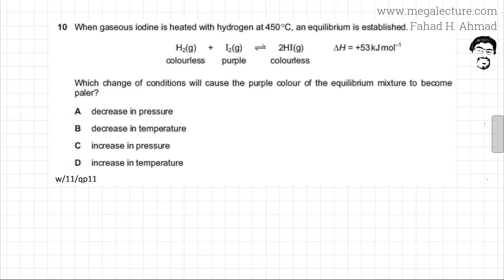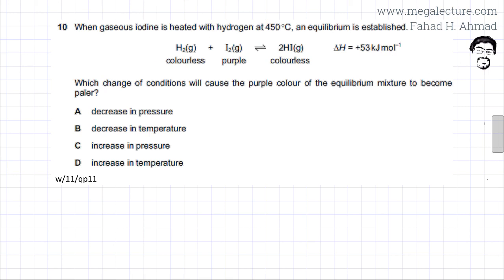The following past paper question reads that when gaseous iodine is heated with hydrogen at 450 degrees centigrade, an equilibrium is established. And the equation is given: hydrogen and iodine gas are in equilibrium with HI gas. So the enthalpy change is also given. Now the question says which change of conditions will cause the purple color of the equilibrium mixture to become paler,